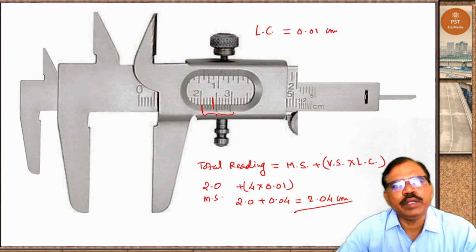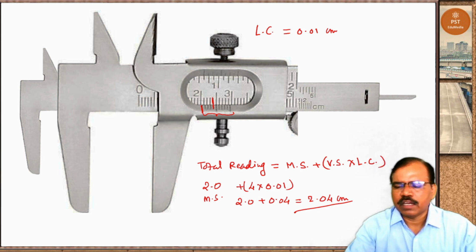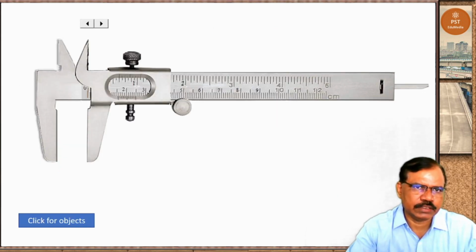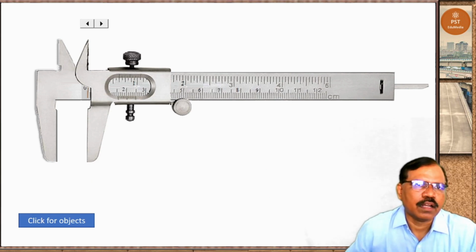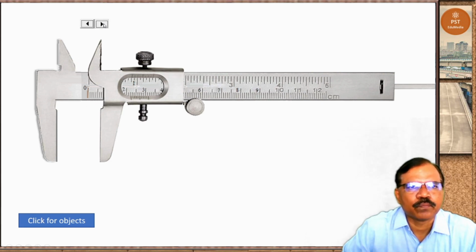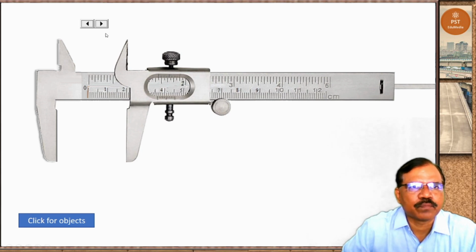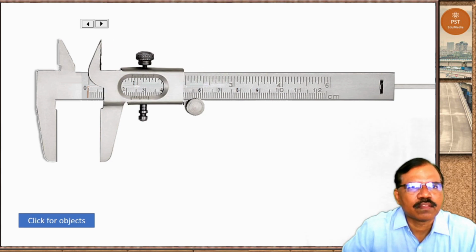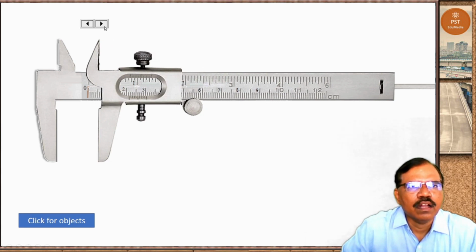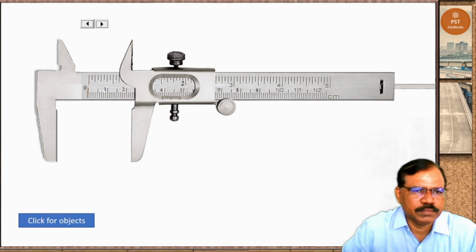In this way, we take readings. Now we'll see some examples of measurement. Now this is vernier caliper. Now you can move this movable part on the main scale like this using these spin buttons. Now we will see different objects.